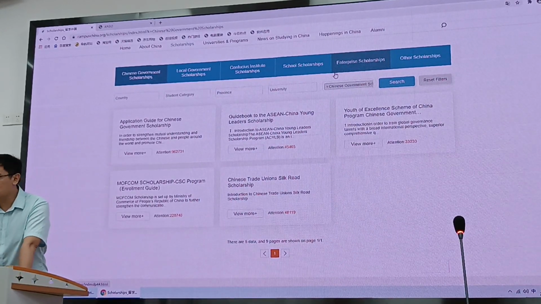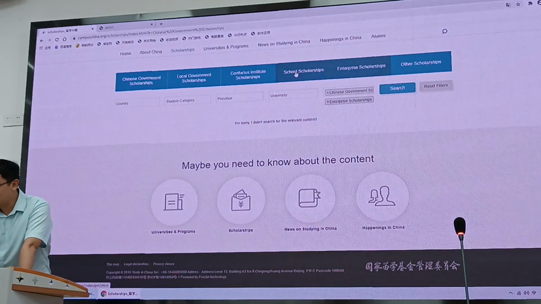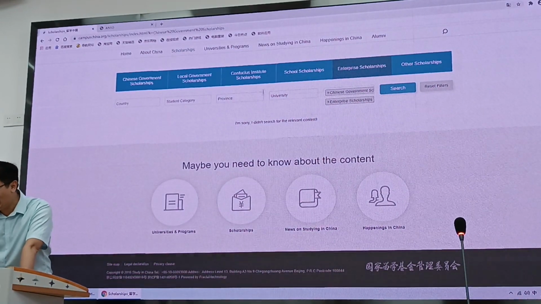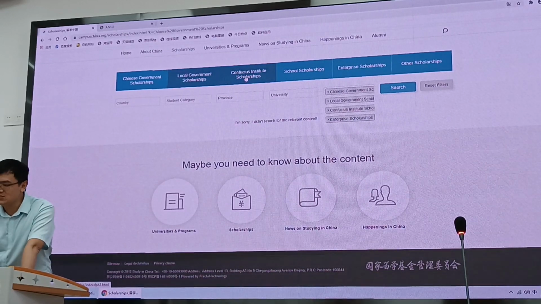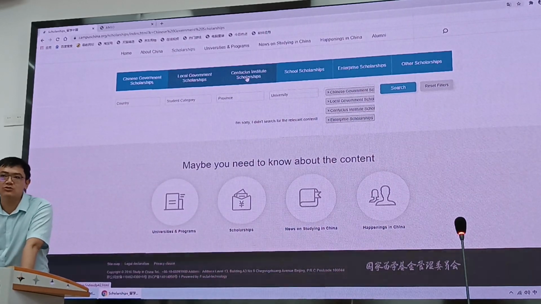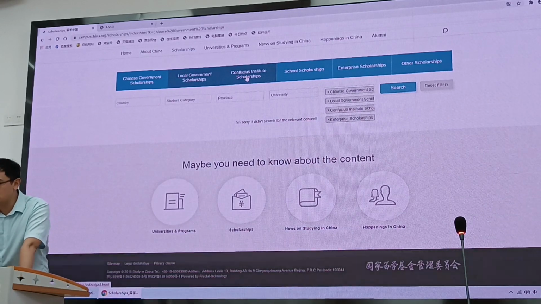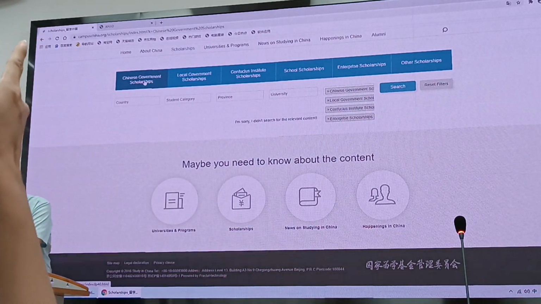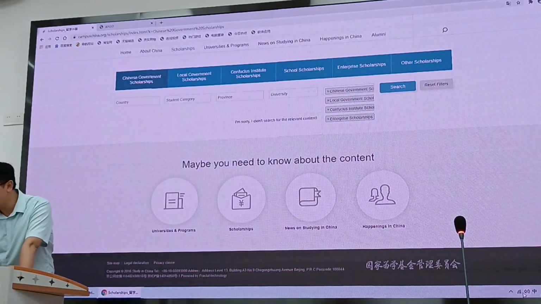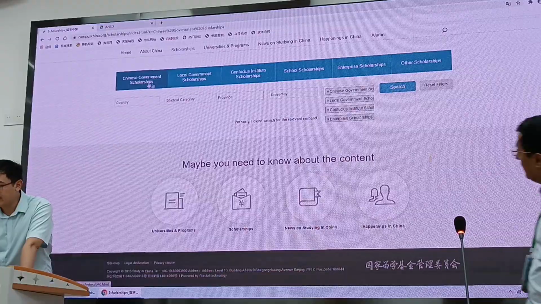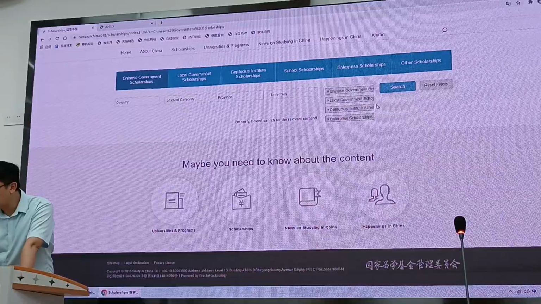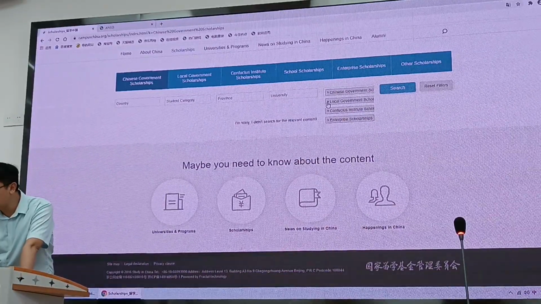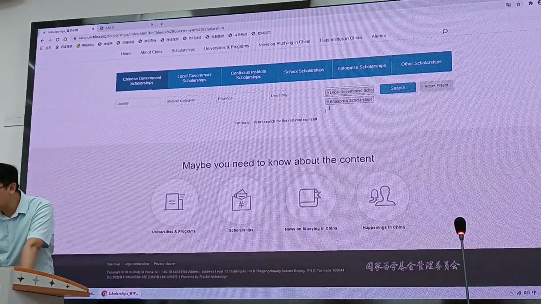Sorry? Click in there. Okay? Okay. Sorry. Sorry. The Confucius Institute Scholarship is taken. If your country has a Confucius Institute, I think there will be some scholarship, but not right now. I think the problem is in the fifth blank box. Yes. Yes, sure. Indeed.